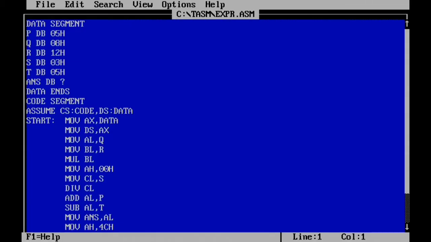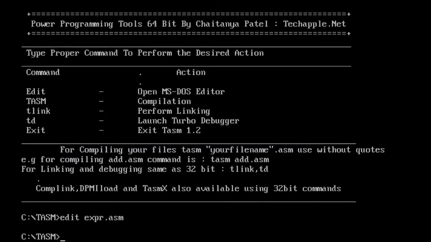So this is the program, my friends. You can see here all the memory operands P, Q, R, S, T are declared with the initial values 5, 8, 12H, 3, 5, and ANS is the result variable where you want to store the answer. The rest of the program is the same as what I have shown in the presentation. Just save this, exit from here.